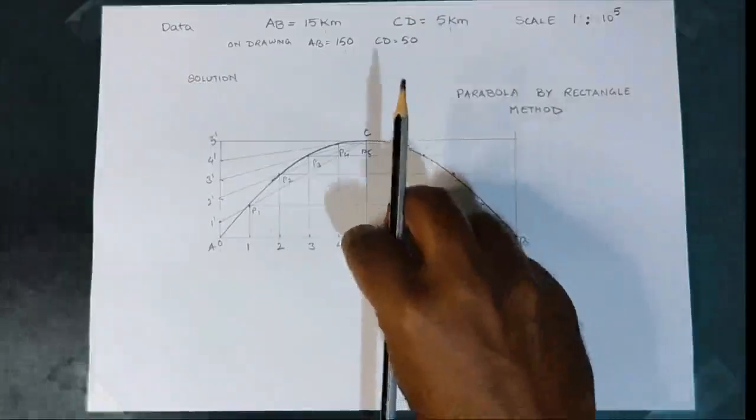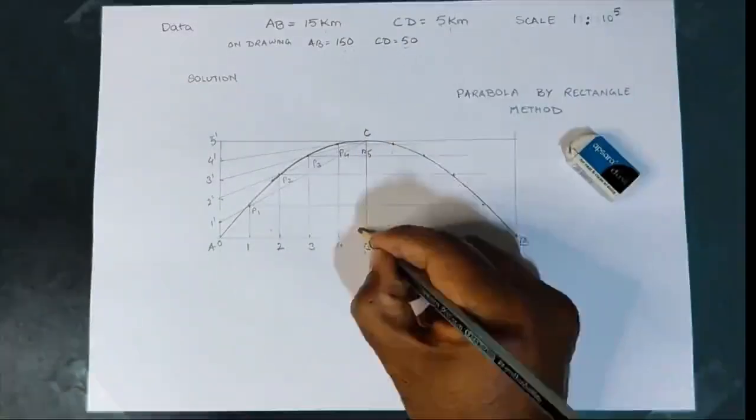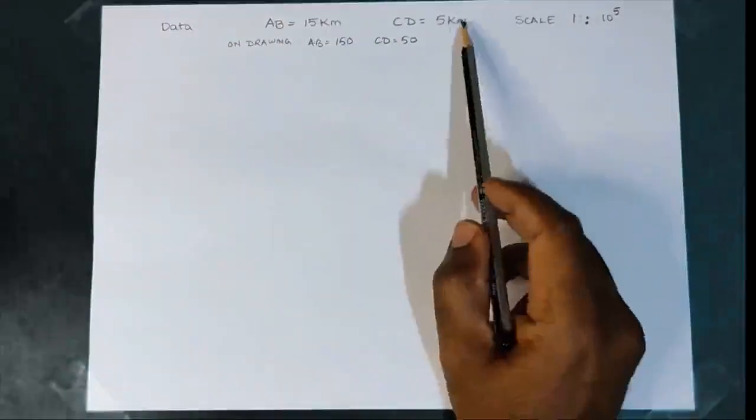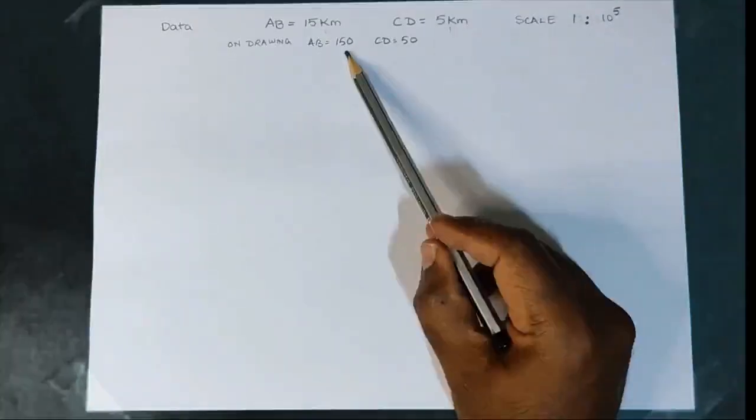So the naming should be properly done. Make sure that you name the curves properly. So AB is the base and the point CD is